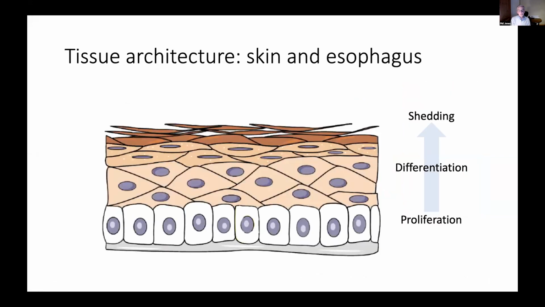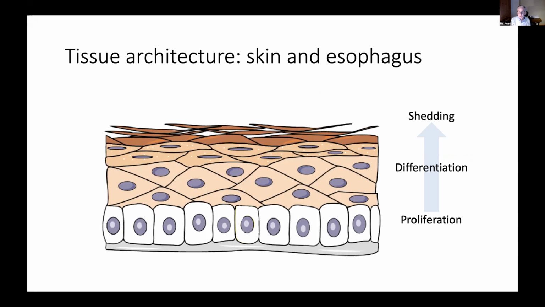The beauty of these tissues is their uniformity. Some people would call them boring, but I think they're beautifully uniform. And they have a very simple structure. The lower layers of the tissue contain all the proliferating cells. Then when cells commit to differentiate, they leave the bottommost layer and start migrating towards the tissue surface. At the surface, they're shed. There's a continual process of cell shedding from the tissue surface and a continual process throughout life of proliferation to replace the cells that are shed.